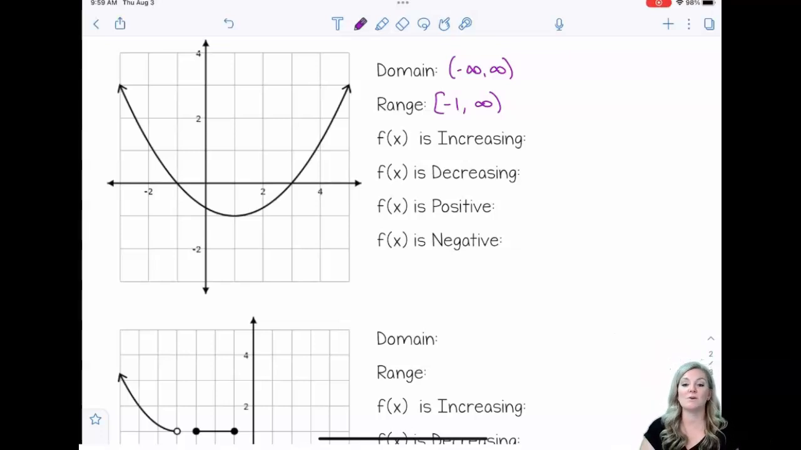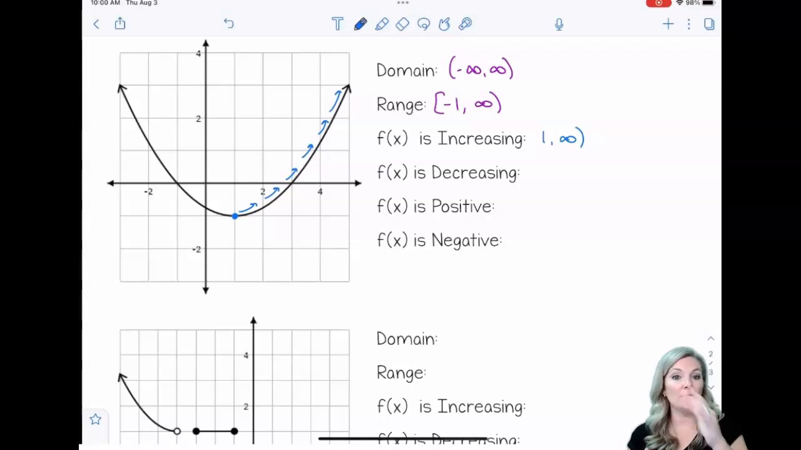Now, where is it increasing? Where is it going uphill? It is going uphill starting at, hopefully you remember that that's called the vertex. It is going uphill from there. So it is starting at 1 and going to infinity. But let's talk about what is happening at that vertex. Usually I talk about inverted ones. Inverted parabolas look like roller coasters. And if you've ever been on a roller coaster and you've ever sat in the front of a roller coaster,